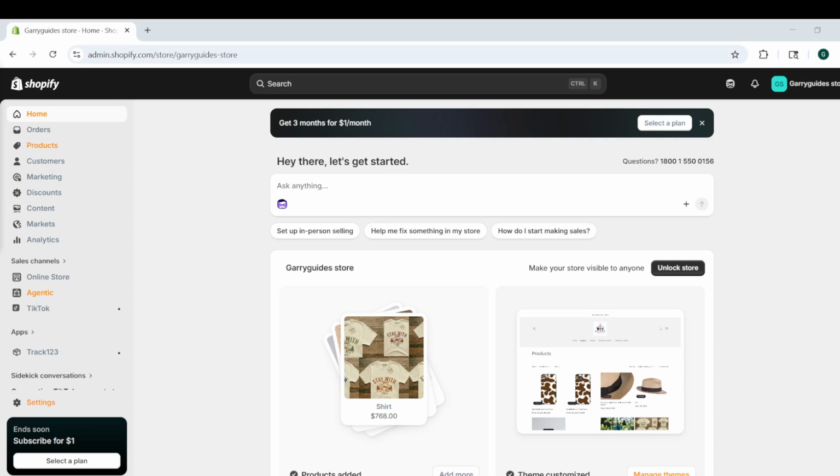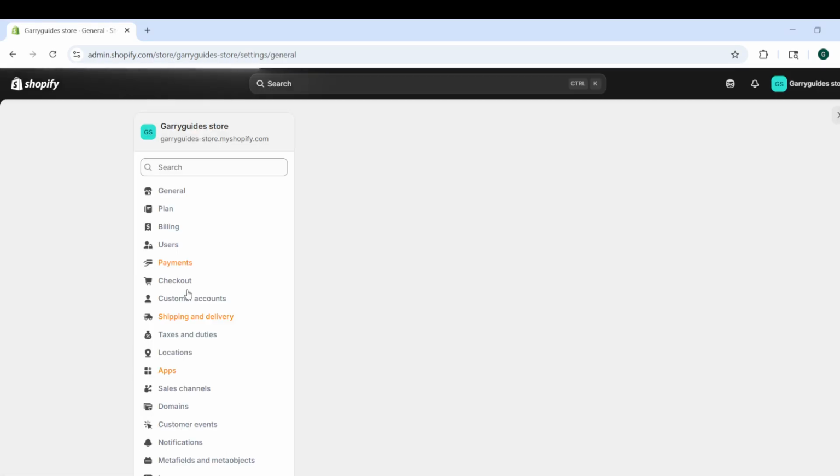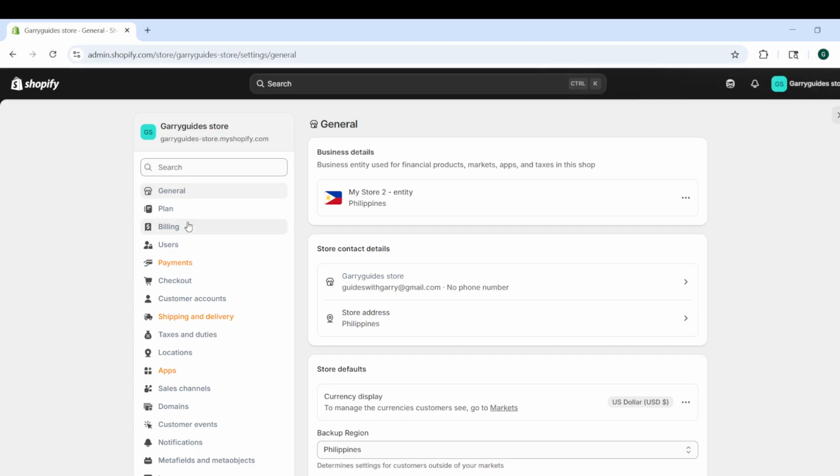In today's video, I am going to teach you how to add bank deposit payment method in Shopify. To begin, log into your Shopify admin dashboard. Once you are inside your store admin, go to the settings area. From there, select Payments. This is where Shopify lets you manage the payment options that customers can use when placing